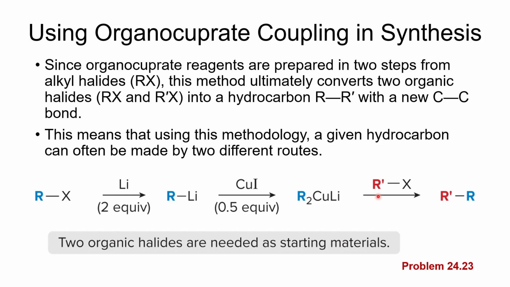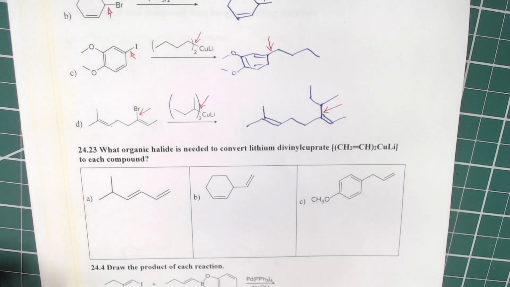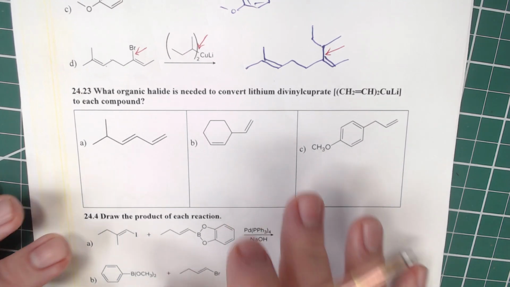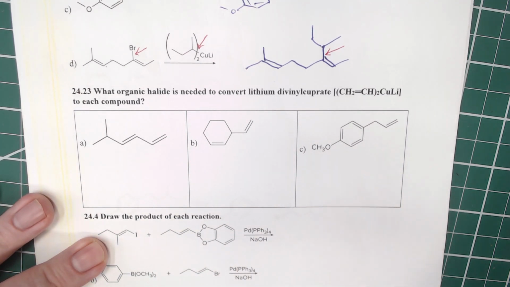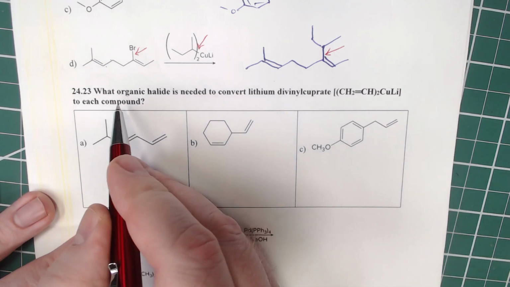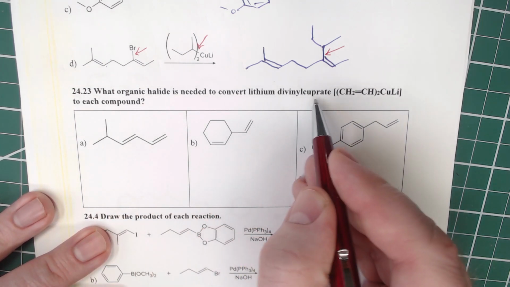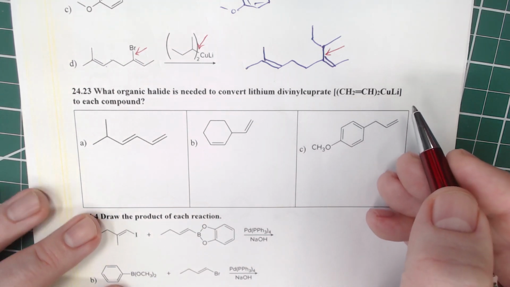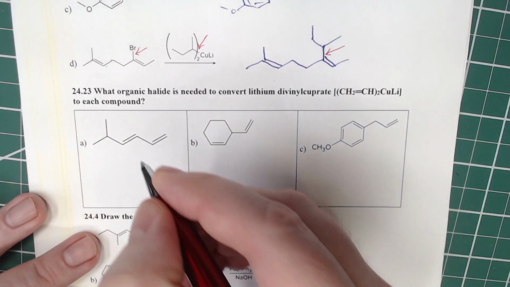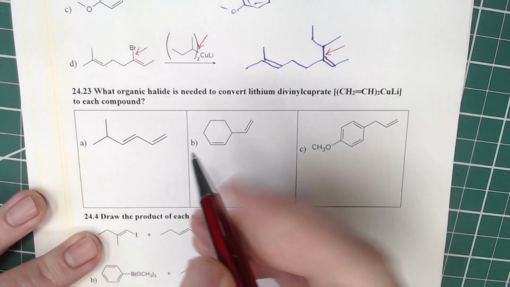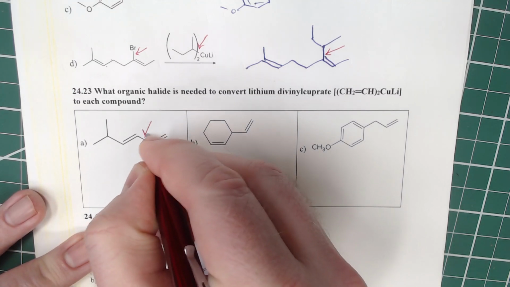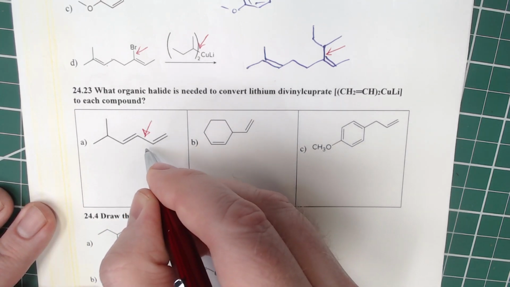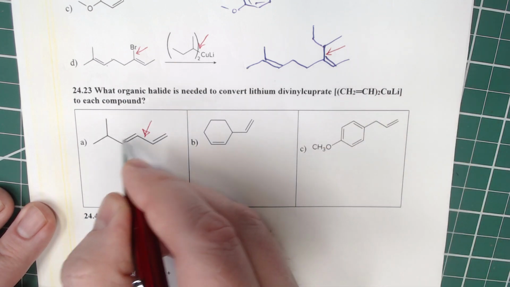So let's look at number 23. Number 23 requires that we look at this a little bit retrosynthetically, but it's just a matter of looking at this and determining what was the new bond that was formed. So here, what organic halide is needed to convert lithium divinyl cuprate? So we're essentially adding a CH2CH to whatever the other portion of our compound is going to be. So we're going to look for wherever the vinyl group is, which is this, and this is the new bond that we formed. And since the CH2CH, that vinyl group, came from this, the rest of it has to come